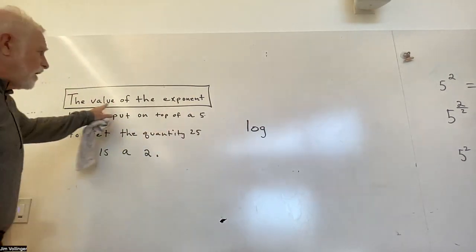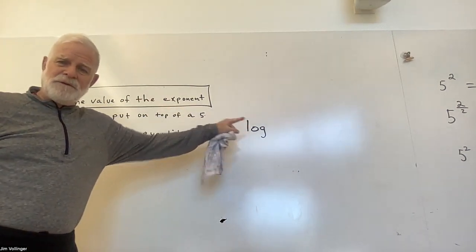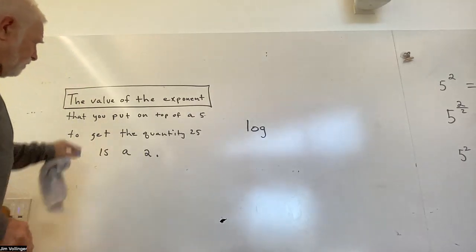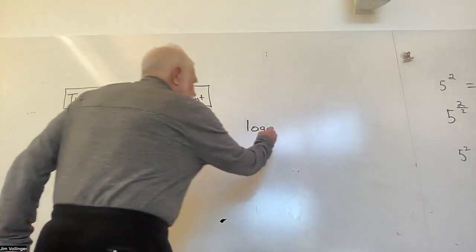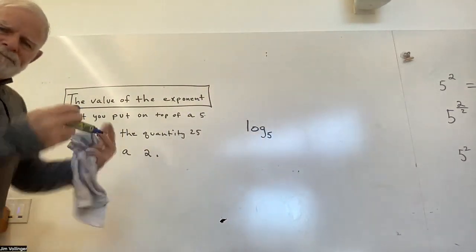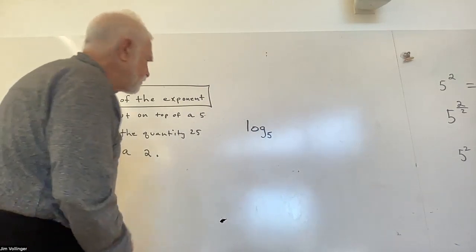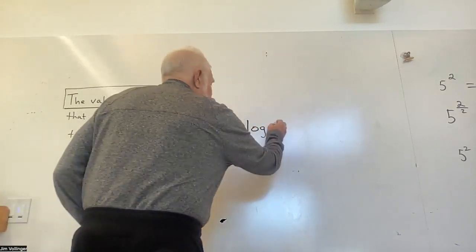You want your brain to say, hey, I'm looking at an exponent. This calculation is all about the value of an exponent that I put on a base of 5. Well, we write the base here. That makes sense. Put it underneath a little bit. Gives you that feeling, strong base. To get 25, well,